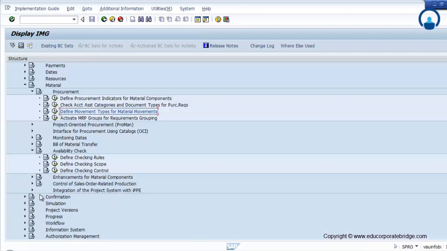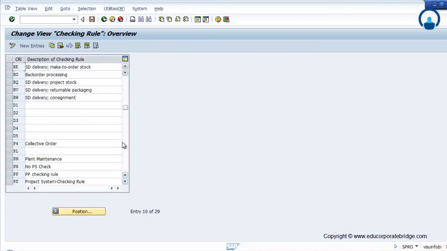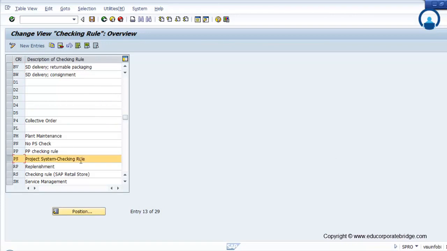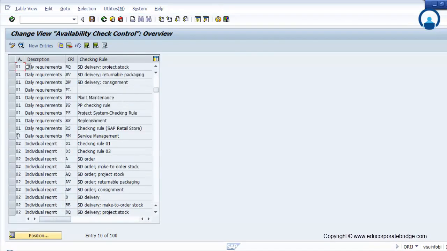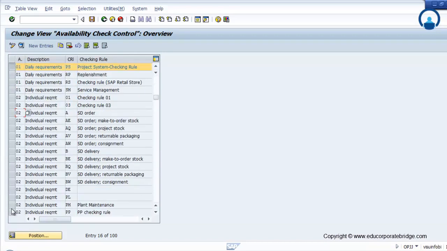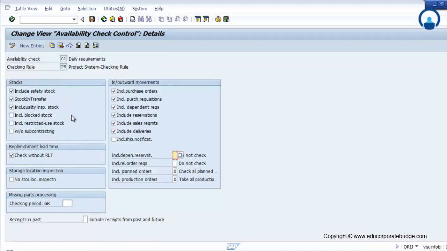Availability check, define checking rules. So PS is a rule which is already defined by standard SAP, that is the project system checking rule. Then define checking scope. So whether it is an individual requirement or a daily requirement, you have to select. Again, this is a standard one. You go to the details. So what kinds of stock will get considered, whether it is safety stock, stock in transfer, stock in transit, inspection stock, that is quality stock,